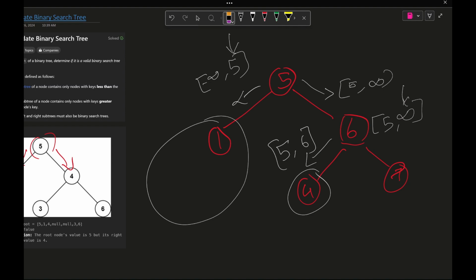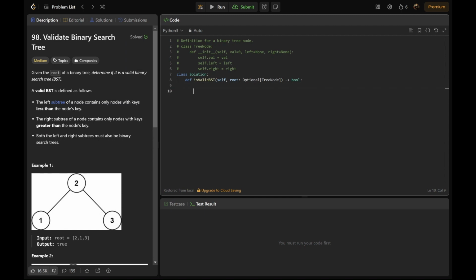So let's code this up. Let's create a function, def dfs. Okay, and we will pass the root and also the left and right values. If not root, then we will simply return true. And then we will check whether